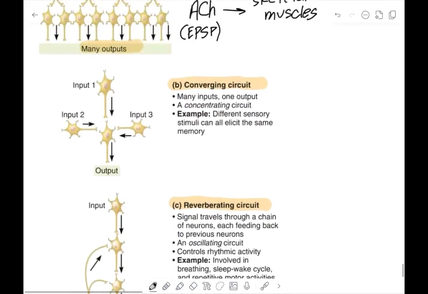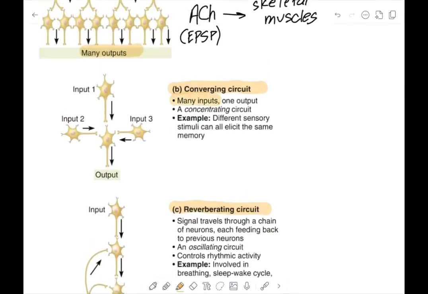A converging circuit is kind of the opposite, where there's many inputs, but only one output. So it would be a concentrating circuit. We see three different inputs here. And this could be an example of where several sensory stimuli elicit the same memory. So let's say, for example, that there's somebody you see in a crowd that looks kind of familiar that might remind you of an ex. Maybe there's a certain smell of a perfume or cologne that reminds you of an ex. Also, maybe a certain sound. All of those represent different inputs that elicit a memory, which may not be that good,